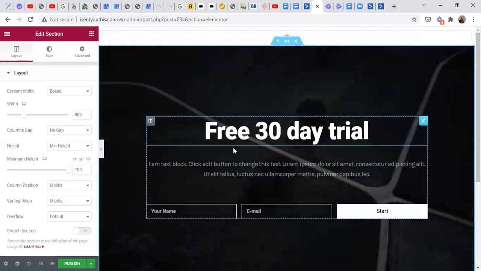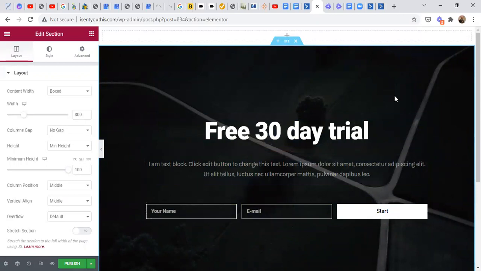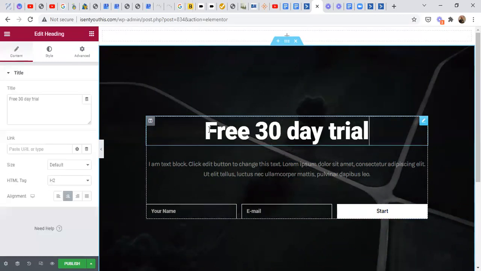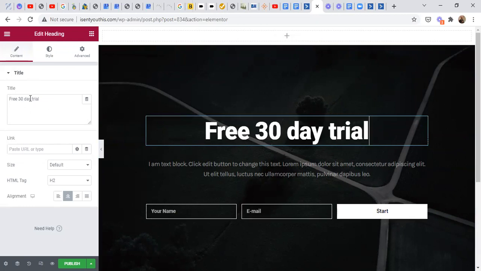Okay, great. So it's the layout that attracted me. But 100% of this is all point, click, drag, drop, editable. So I can change everything on here very, very easily by simply clicking on the element. So I clicked where it says free 30-day trial, and you notice on the left-hand sidebar, boom, I got all my editor stuff over here, right? So got all my editor fields. So free 30-day trial. Instead, I might put